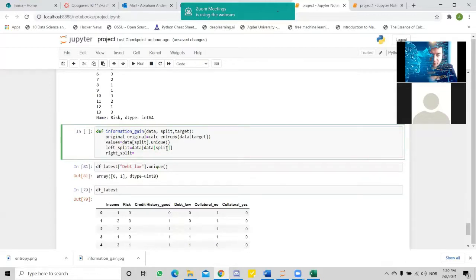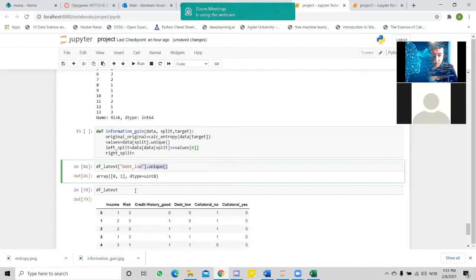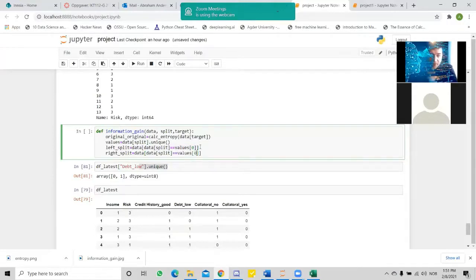The algorithm will take the splitting point, and if this one equals the value of 0, the first unique value, I am choosing it as my left separation point. I will choose the same thing for my right, but I will change the value not to 0 but to 1 for the right one. Okay,